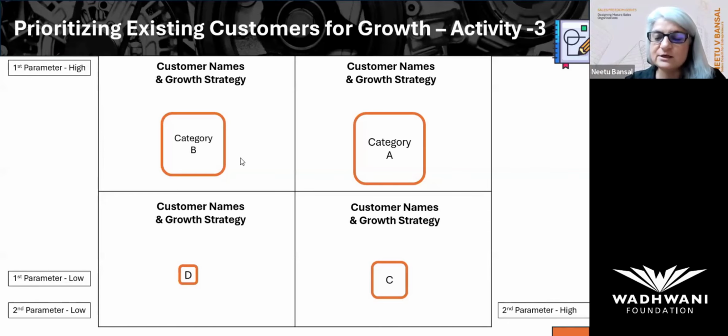When somebody brings in a new customer, I've seen business owners ask, what is the potential of this customer? Can it become a cat A, B, or C customer? If it is going to remain a cat D, no excitement, fine. But if it has the potential of becoming B or C, then let's map out the strategy to make it a B or C customer for us. So that has become the lens through which even business owners are looking at new customers. While I'm telling you to start with your existing customers, once you've got this right, this will become your language even for new customers.